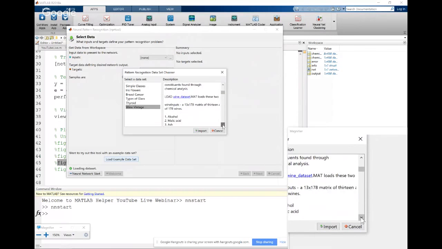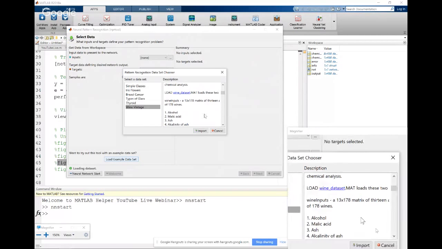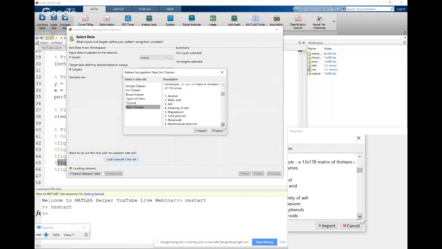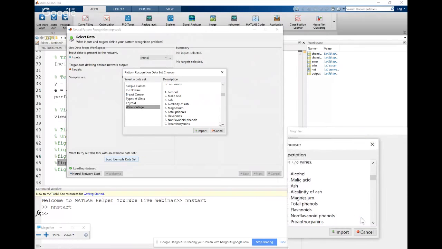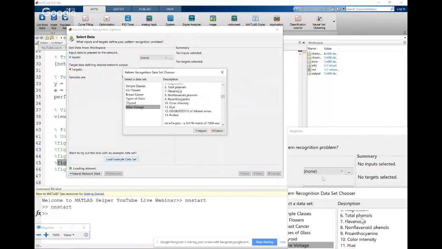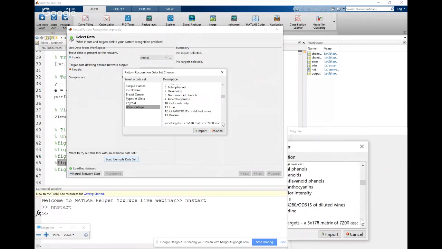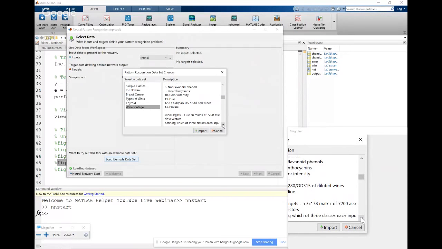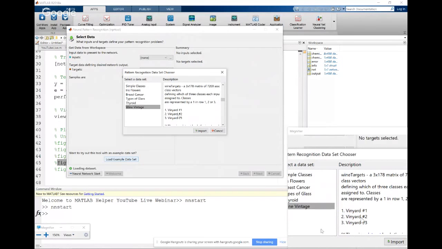Here you can see there are 178 samples of 13 types. Basically they had divided these 178 wines into 13 chemical combinations which are distinctly identified. These are the names of the 13 chemical combinations. This is our input, and for our target, we have three vineyards: vineyard number 1, vineyard number 2, and vineyard number 3.